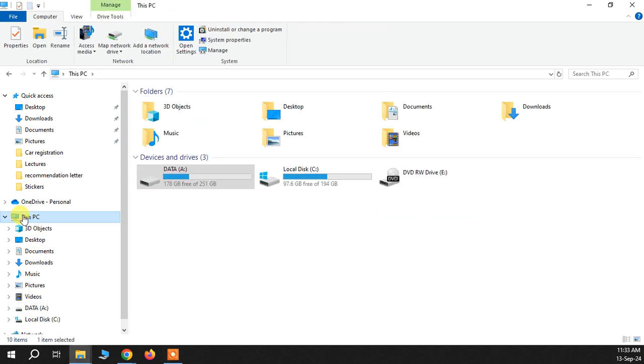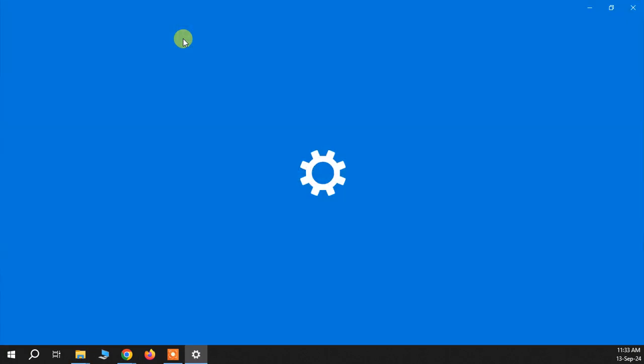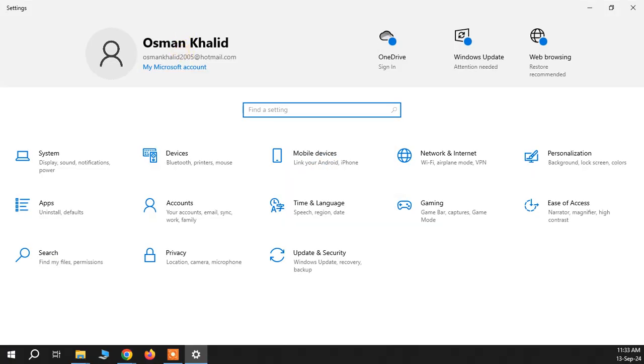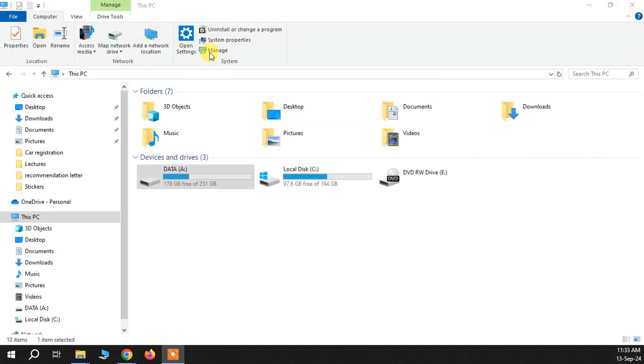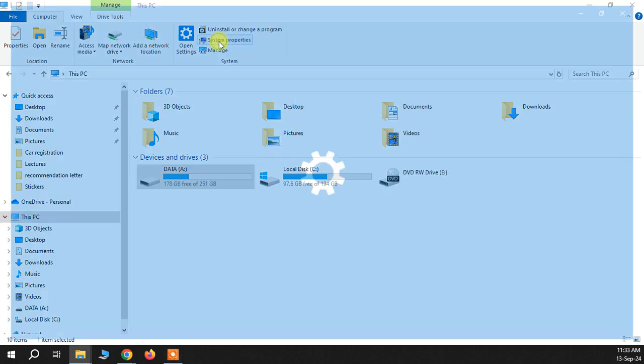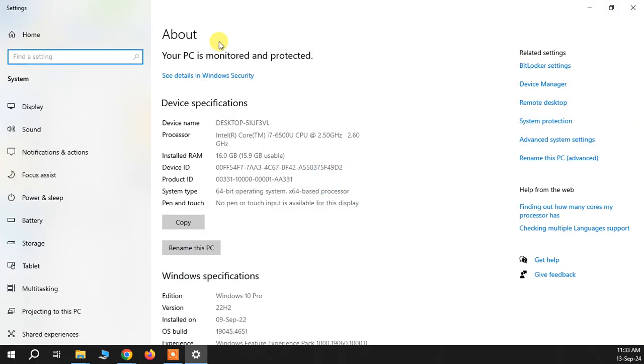I click on this PC, and then we have this tab open settings. I click on this one. Now sorry, not this one, I need to click on this one, system properties. So I click on this one, system properties, and in system properties I will click on this one, advanced system settings,